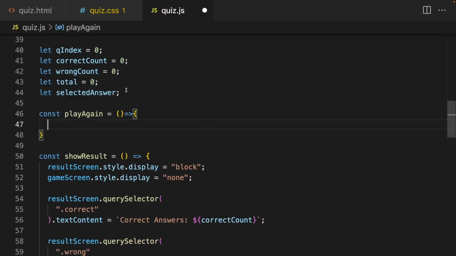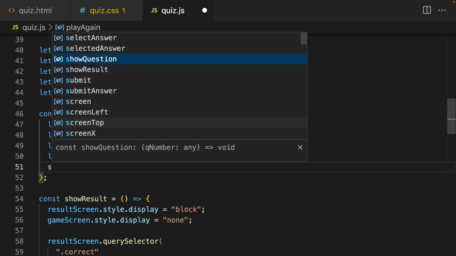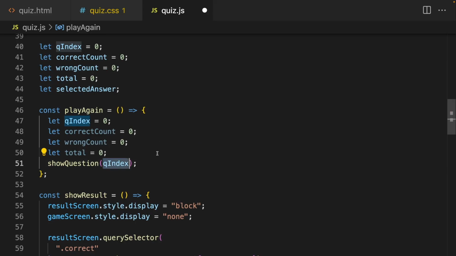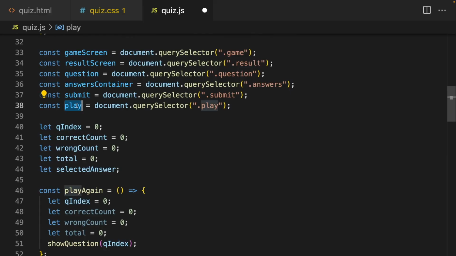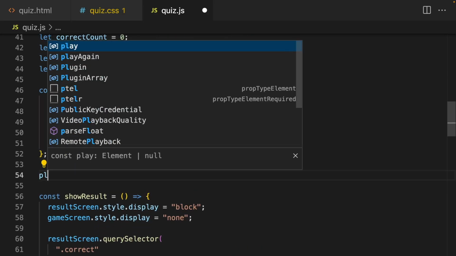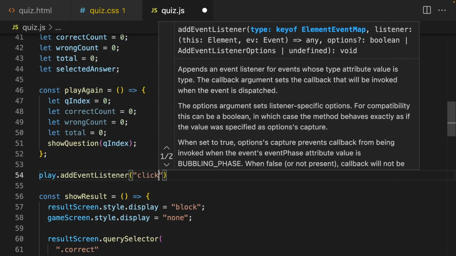Let's reset everything like that and show question, the first question, or you can say directly 0, doesn't matter. And when we click on this play button, I'm just gonna call this function. I will say play button, add event listener, click event,